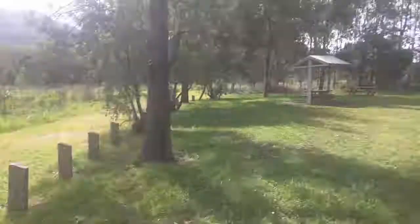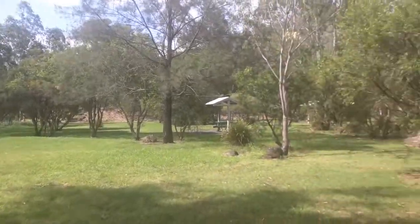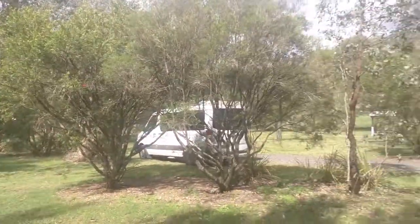Okay, so the walking trail is actually in the camping area, because I drove around to the day area expecting it to be there, couldn't find it, went back to the camping area, and you kind of have to hunt around for it to see where it is, but I'll just quickly show you where the entry to the walking trail is. Okay, so this here is the camping area,